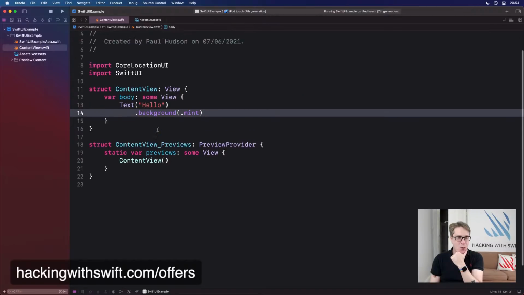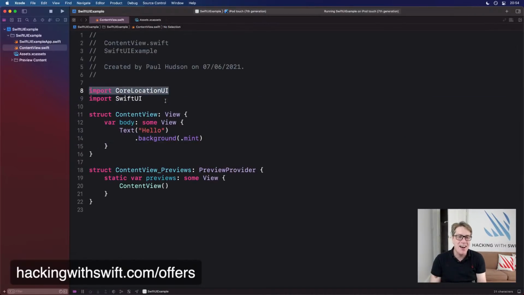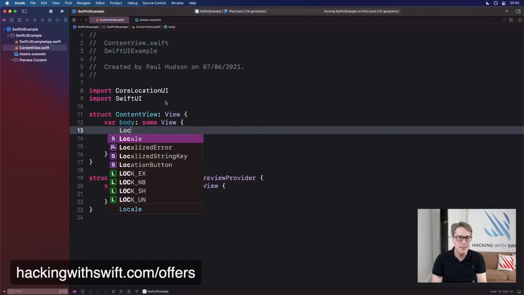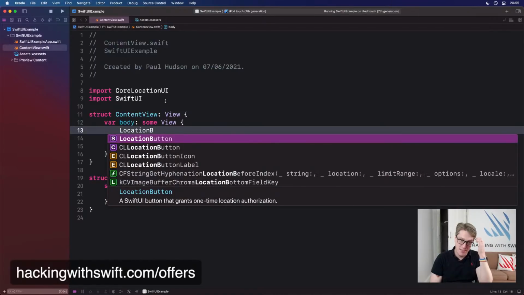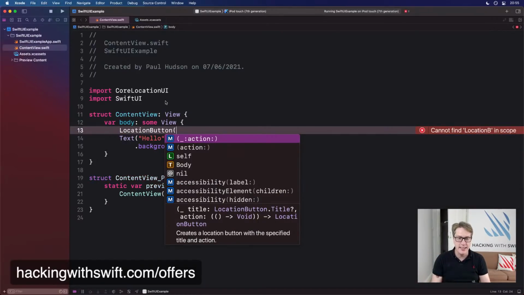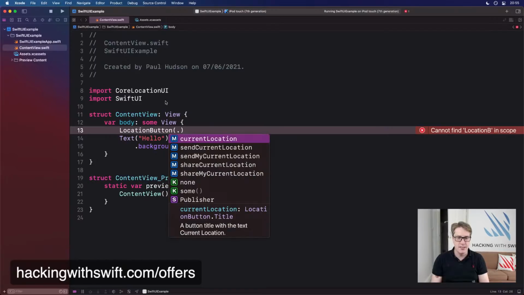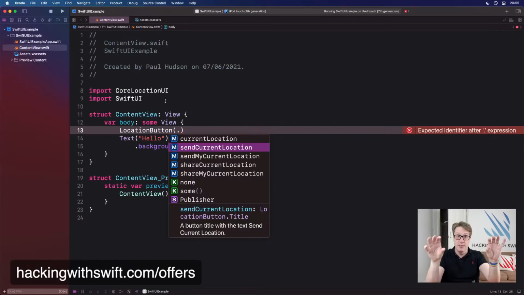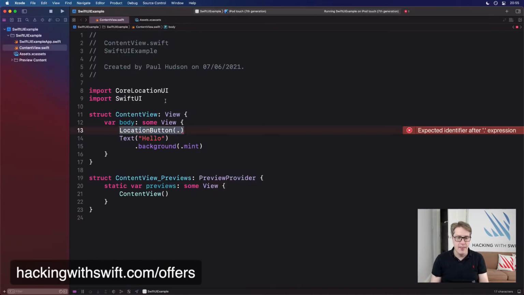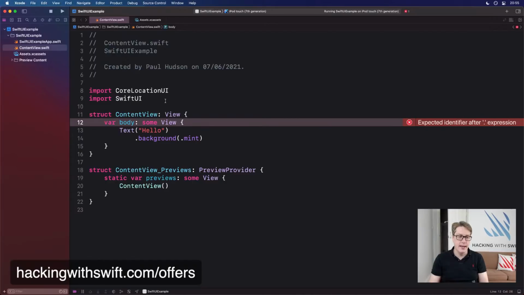Dano, why import CoreLocationUI? Because I was noodling around. There's a new location button in CoreLocationUI. I was just noodling around, exploring it to get a one-off, where am I right now? And you can actually say what it should look like. You could say, share my location or send location, and it basically makes a system button that the user understands, and it'll ask them correctly, do you want to share your location once? If it does, you get location, or you can ask for it, sorry, and then it'll work afterwards, and I press it again. That's why it's important. It's not required. I was just noodling around.